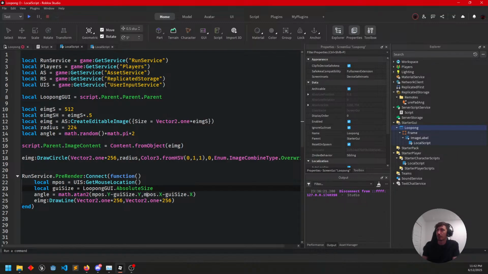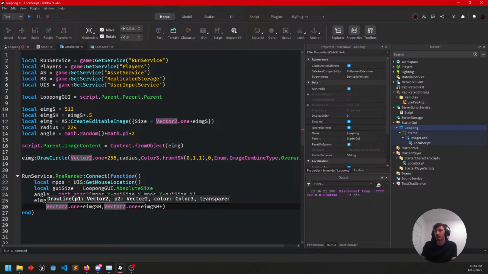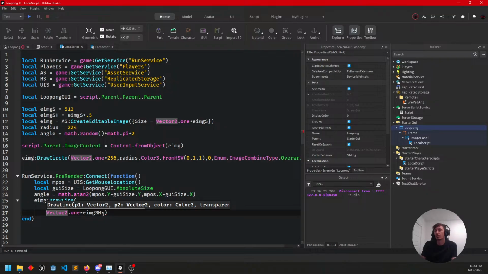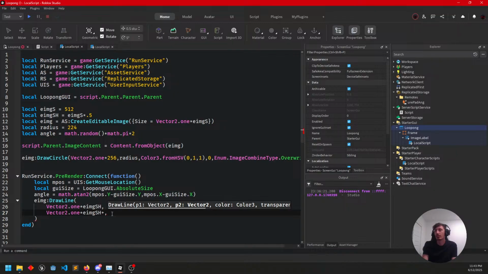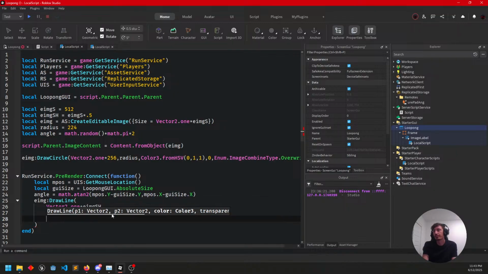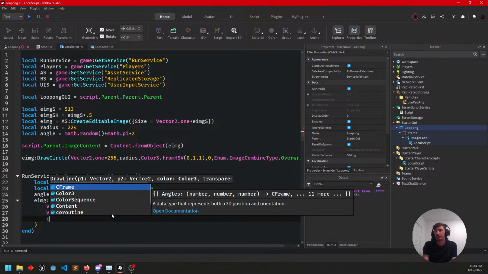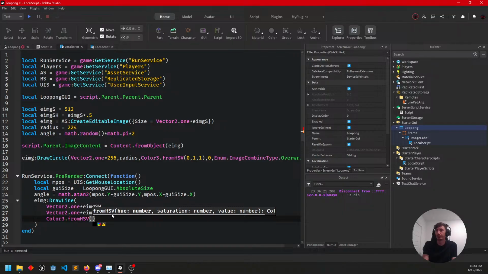I can use that for this. And then add, this is going to be probably like this. This is the color. This can just be